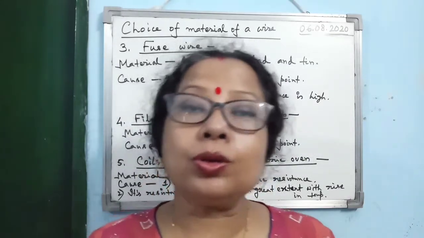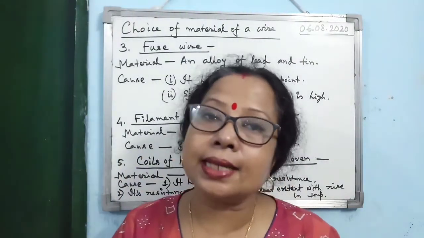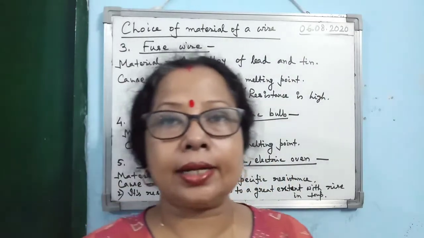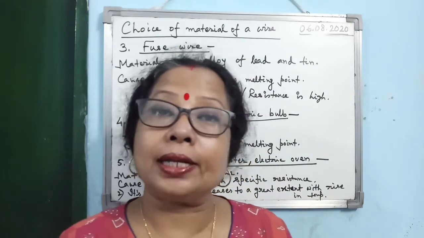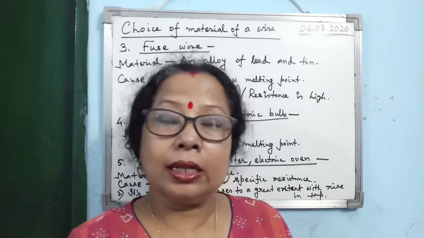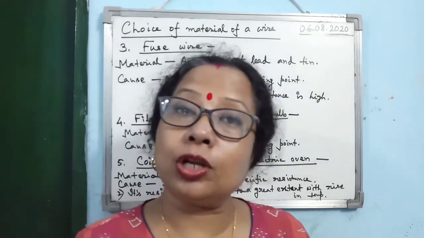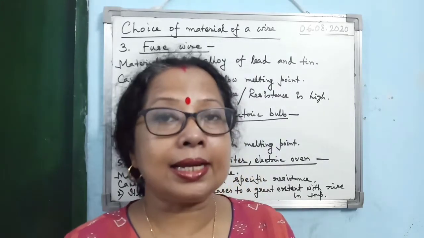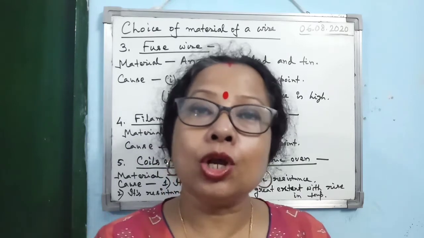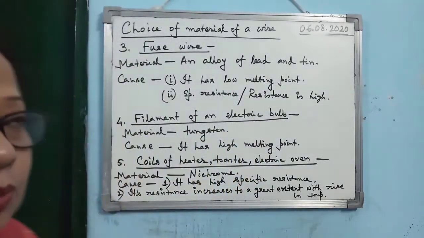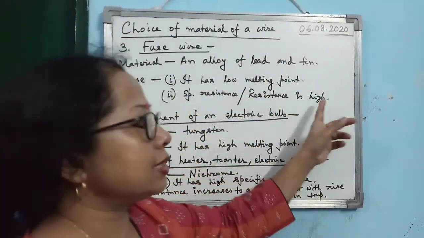So what is the material used for a fuse? It is an alloy of lead and tin. Why do we use an alloy of lead and tin to make a fuse? Because the alloy of lead and tin has a low melting point. So the moment the electric current crosses the limit in the circuit, lots of heat will be produced, and it will melt the fuse very easily because its melting point is low. And another point is its specific resistance or resistance, you can write both, is very